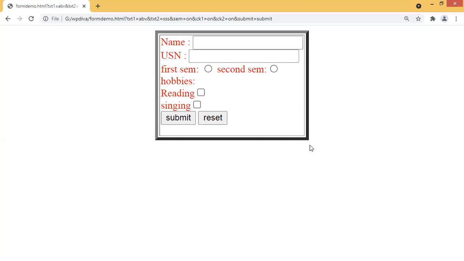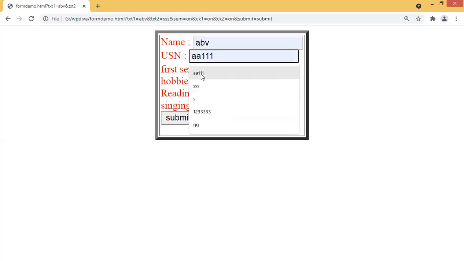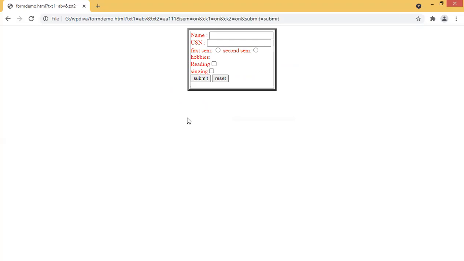So there are some drawbacks when it comes to some tags. As we saw in the table tag, you cannot change what the table contains easily. You cannot apply graphics to the table contents easily using the font tag and all. So to apply more graphics, more coloring, more formatting with the text, we have to go for CSS, that is Cascading Style Sheet, Unit number 2, which we will start tomorrow, right? So right now, this is an example. In this way, you can add form bordering to the table. Clear to you? Yes. So this is all about the form tag.